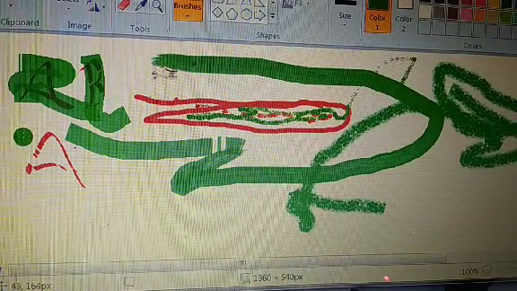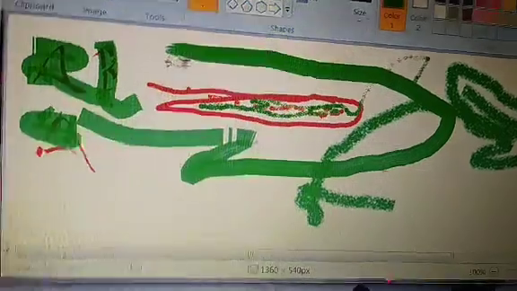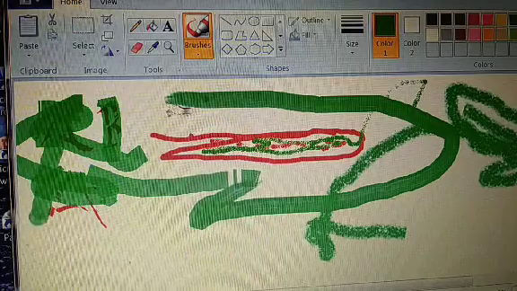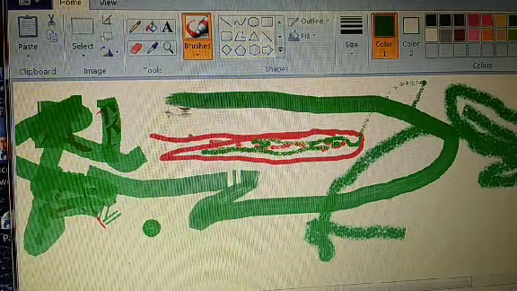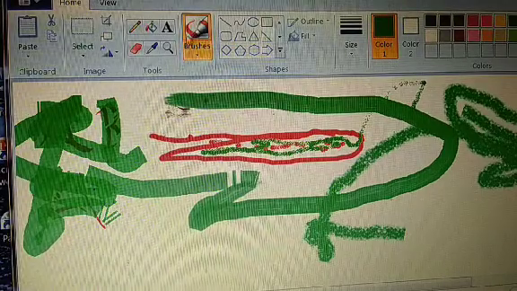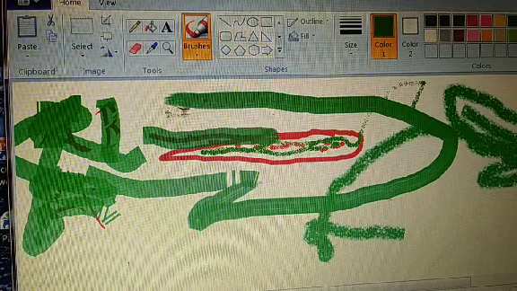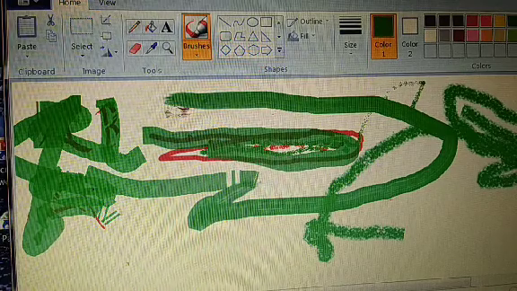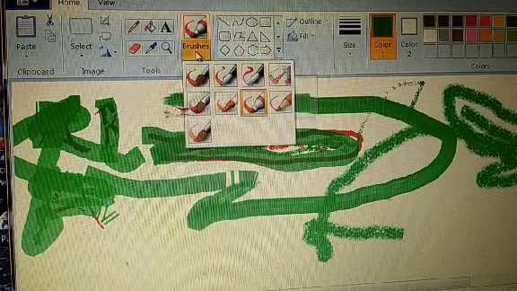You see this one, this A. So this is marker. This brush works like a marker to highlight anything. For highlighting we use marker.